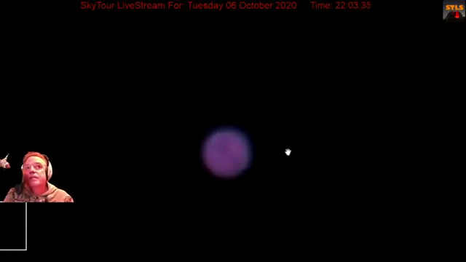But this is it. See, it's kind of cool to look at Mars and see more than just a little red dot, and many times in the past you've looked at Mars, it's unimpressive. But look how big it is. This is looking rather impressive now. We can see features and everything. This is really, really nice.